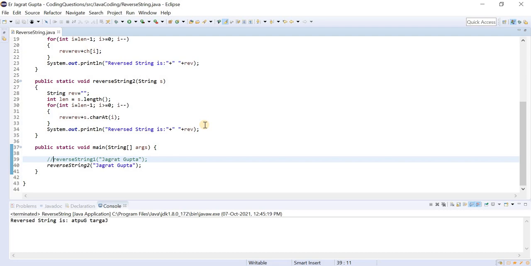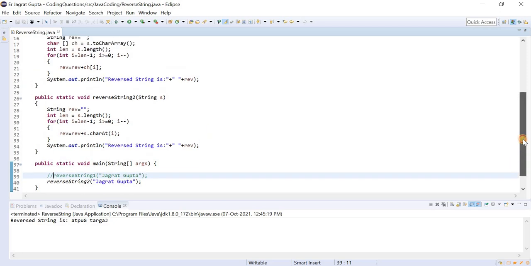There is a concept of string buffer and string builder, in which this particular reverse method will be there. So what will be our approach? Firstly we need to convert this string into either a string builder or string buffer, and once this is converted, then we can use this reverse method. So let's see how we can achieve this.